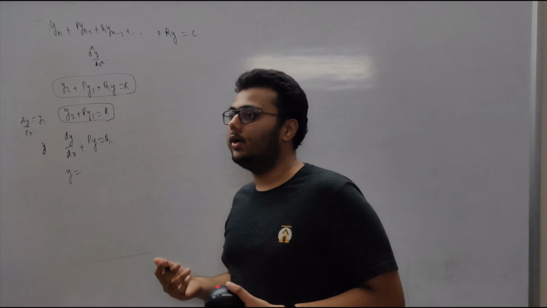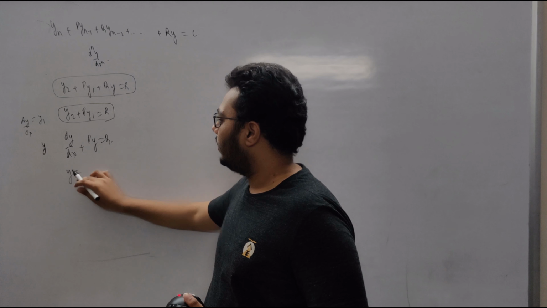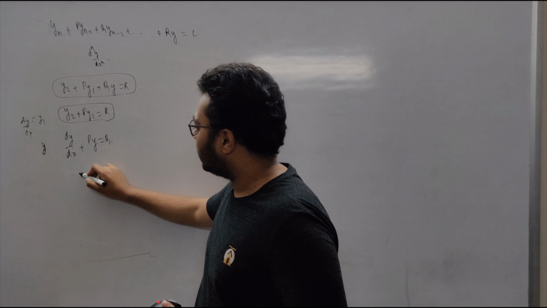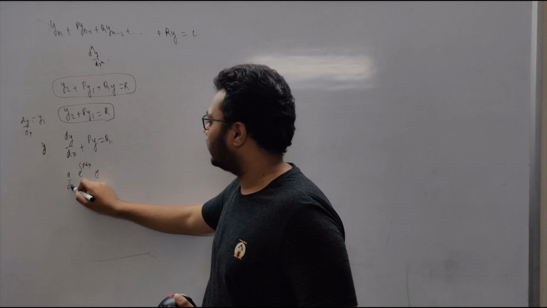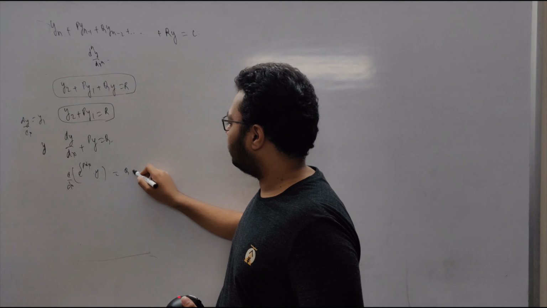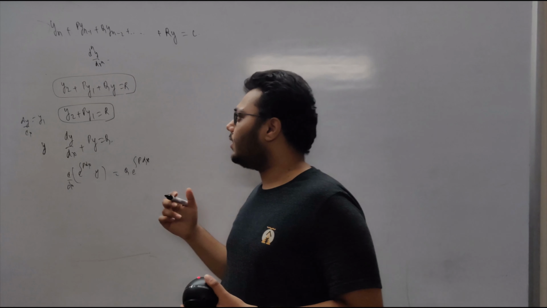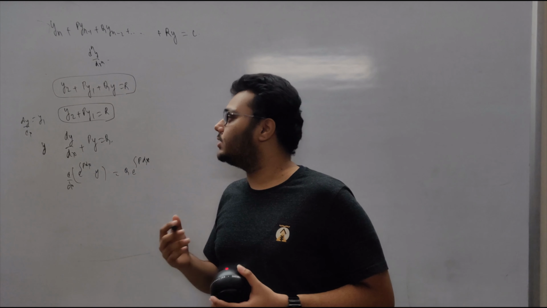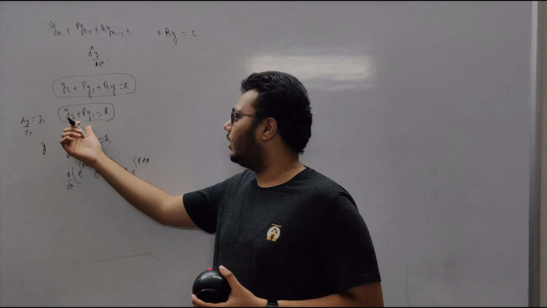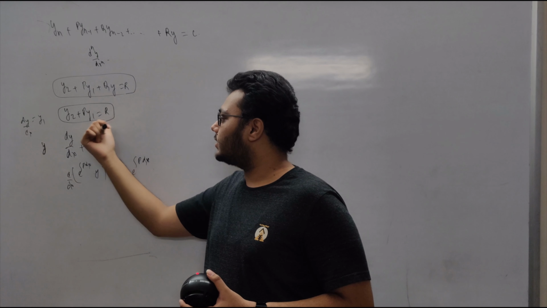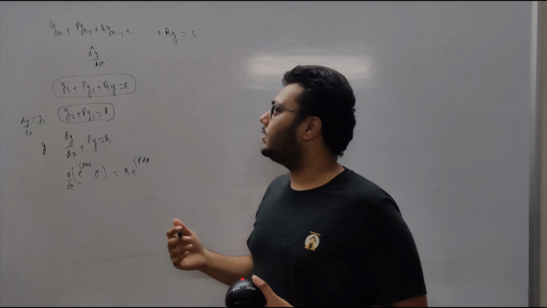We multiply by e to the power integral p dx both sides, and the LHS becomes e to the integral p dx times y, differentiated, and on the RHS we have q times e to the integral p dx. So if the qy term was 0, or we make the qy term somehow 0, then we will be left with only this thing, and we know how to solve this thing. So let's see how to make the qy term somehow 0.